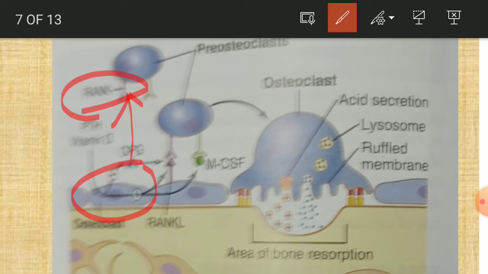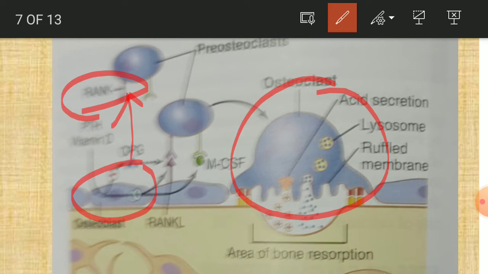Pro-osteoclasts and osteoclasts, on attaching to RANK ligand through their specific receptor RANK, get differentiated as well as activated into active osteoclasts. Not only RANK ligand, there are other substances also released by the osteoblast by the action of